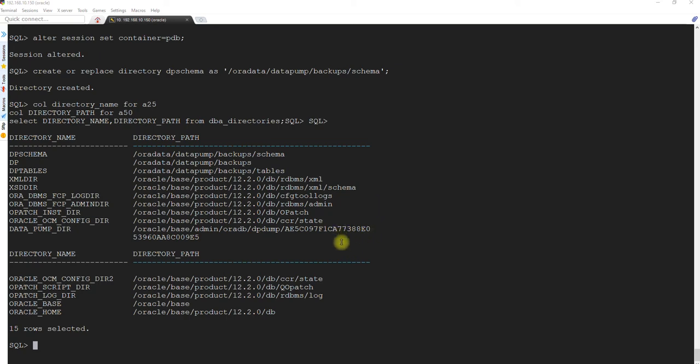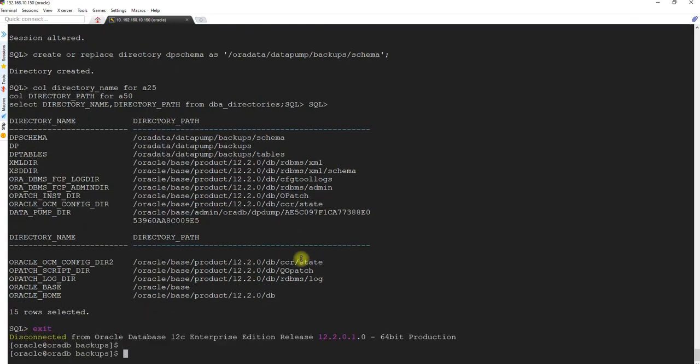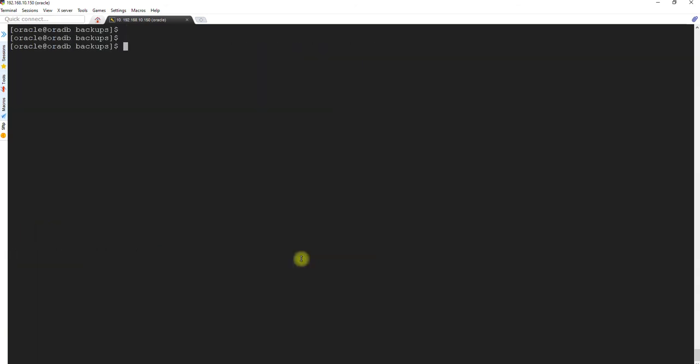So now I will exit out of this, and what I will say is expdp. I will use the system ID with the credential and connect to PDB.